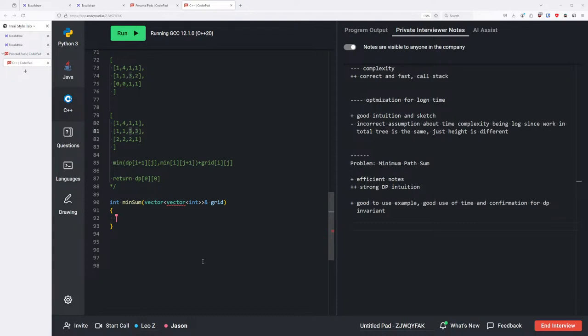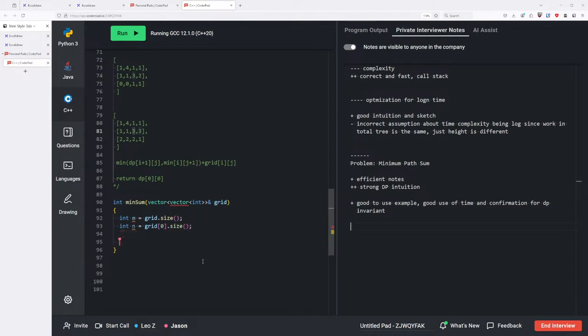Let's have the sizes of our grid first. Let's also assume that, or can the grid be empty? No, you can assume it's a good faith input. Okay, yeah. So the sizes,